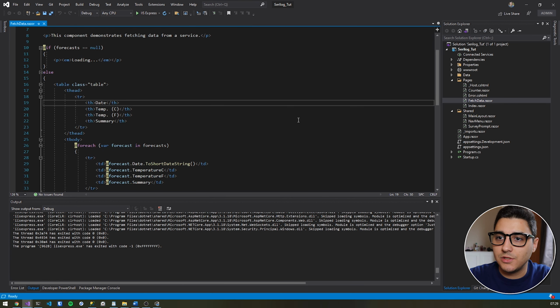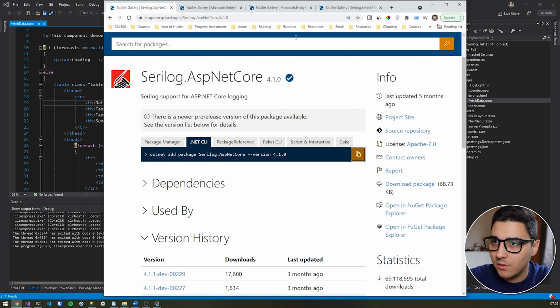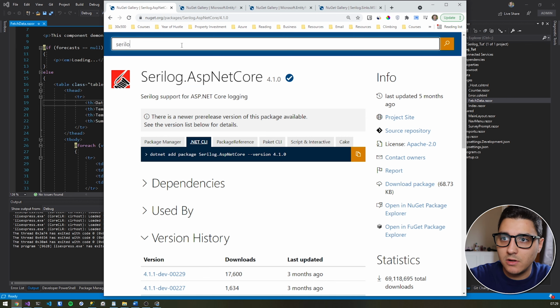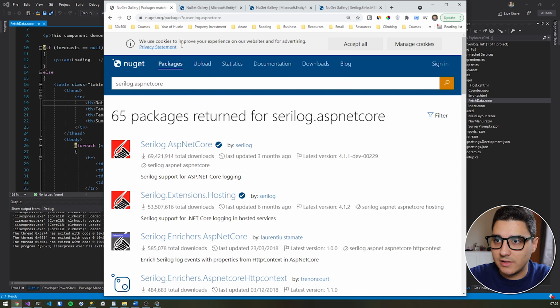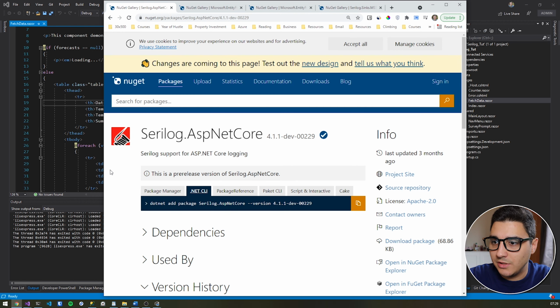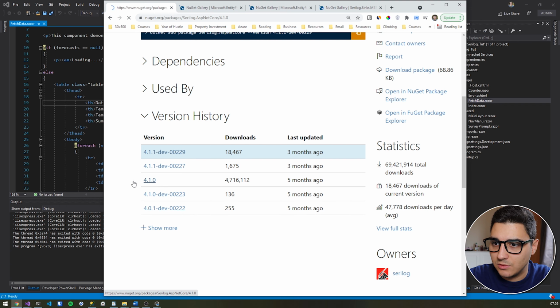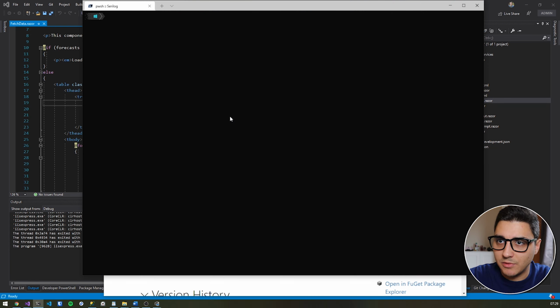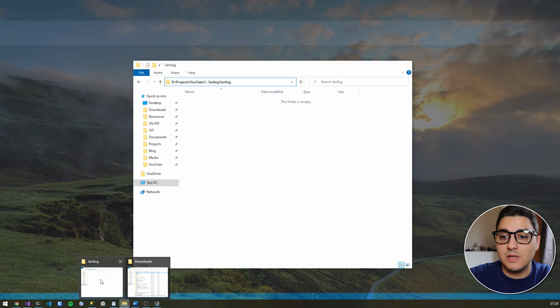First things first, what we'll need to do is install Serilog for ASP.NET Core. That's step one. If we go in Google Chrome, this is the very first thing. If you're not already on this page, you can just type in serilog.asp.NET Core, and the very first package from Serilog will be ASP.NET Core. I'm just going to choose 4.1.0, copy this and go in the terminal. Make sure that you cd into your project,